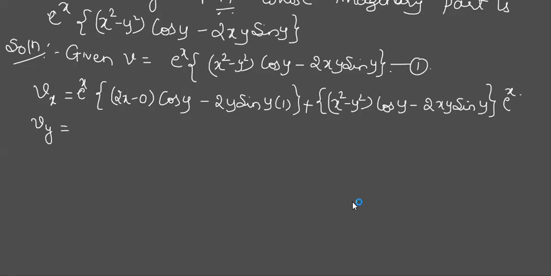If Vy, let us do with respect to y. So here it is direct overall, but inside the bracket may be product. Here, x square minus y square and cos y, we have to do by product rule. So x square minus y square as it is. What is the derivative of cos y? Minus sin y. Then keep cos y as it is.